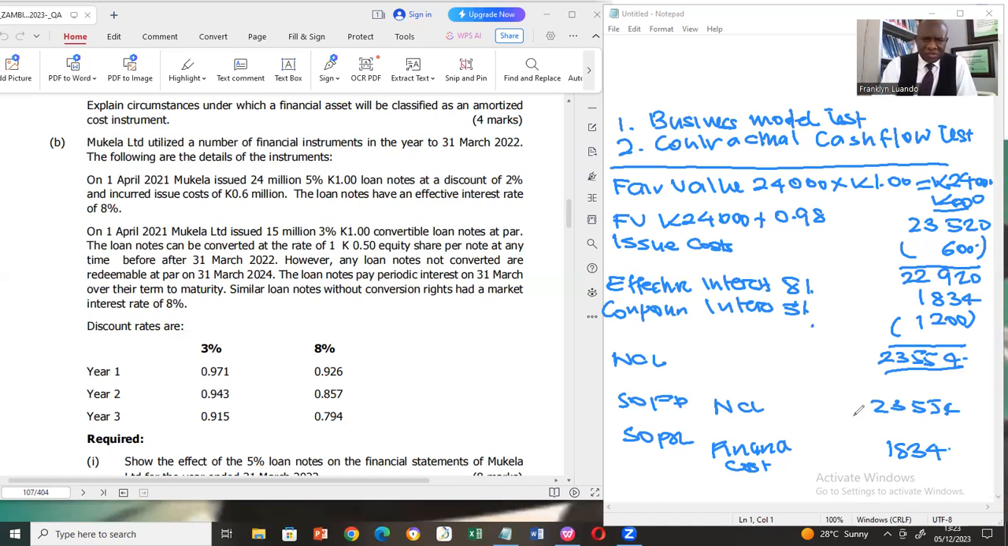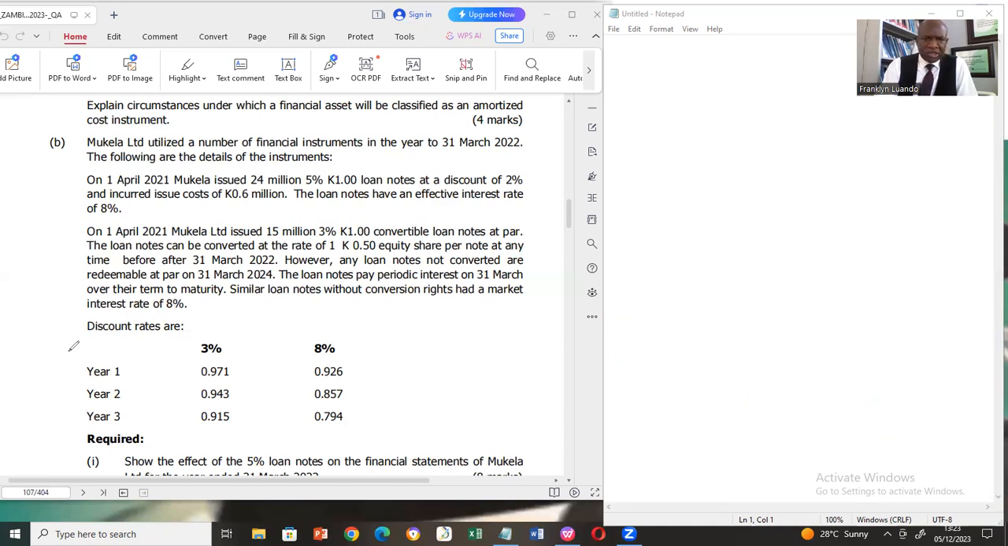Now, let's answer this question together. I'm going to explain how you split the convertible loan note into the equity and debt component. The equity component is the residue, or rather a balancing figure. Now, according to IAS 32, the debt component of the convertible loan note is the sum of the present value